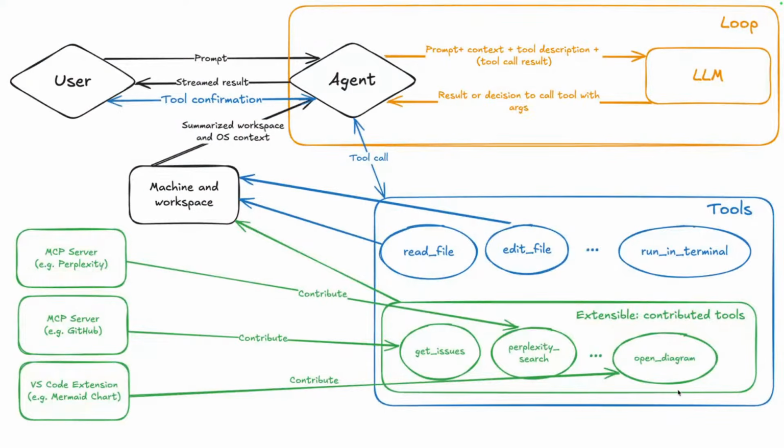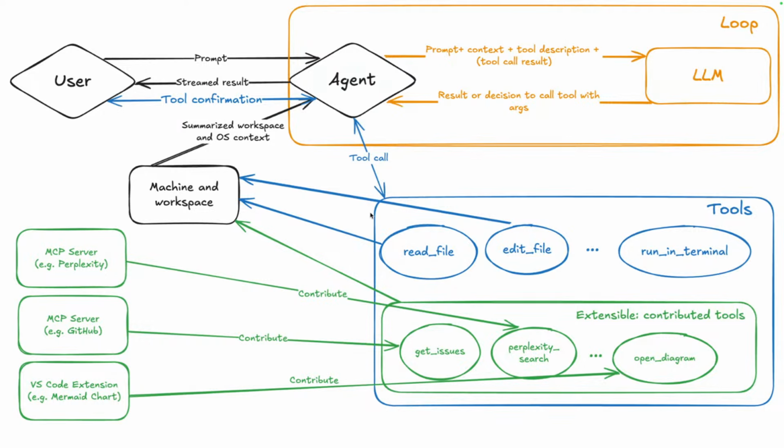So you can see here that really all that it's doing here is you as a user, you go and have your prompts, you go and send that to an agent. That agent then is the large language model it talks to behind the scenes. It sends the prompt, it sends any context like the files, etc. you've been working on. But maybe it has a set of capabilities that it can go and use, so certain tools. It has those tool descriptions as well. It sends those to the large language model. And then that decides, right, to do this task, I need to go and use this tool. I need to go and use this thing. And that is where then the agent goes and calls these tools.